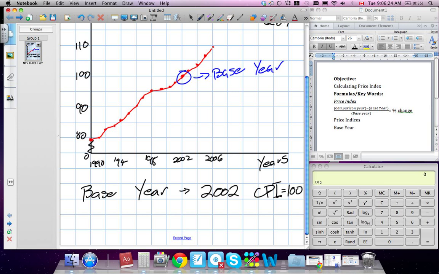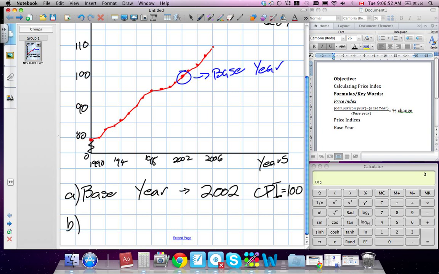Very first question says, what is the base year for CPI? Okay, so our base year is 2002. Our CPI is 100 in that year. That is our question A. We already solved it. Question B. B is asking us, in what year was the cost of a basket of goods about 90% of the base year? Okay, so